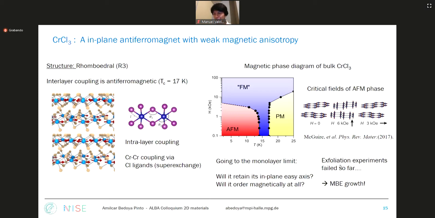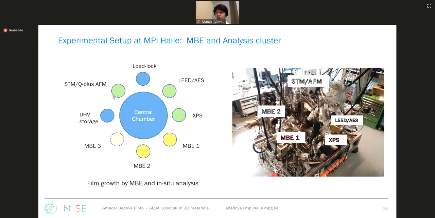So that's why we rely on a different approach to grow the samples, which is bottom-up growth in ultra-high vacuum, which is molecular beam epitaxy. And that will also give us the desired compatibility with ultra-high vacuum synchrotron techniques. So this is the experimental setup. When we grow the sample, we have a UHV cluster with several MBEs and also characterization, where we grow and characterize the samples prior to the magnetic characterization at the synchrotron. So we have, for example, XPS or STM to check morphology or chemical properties of the sample.